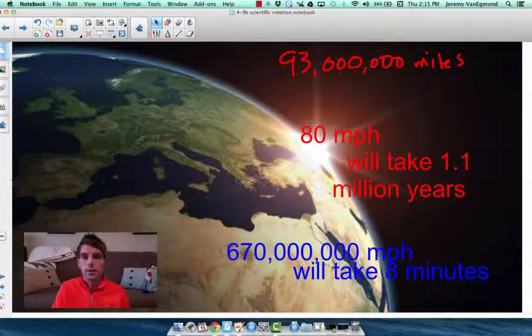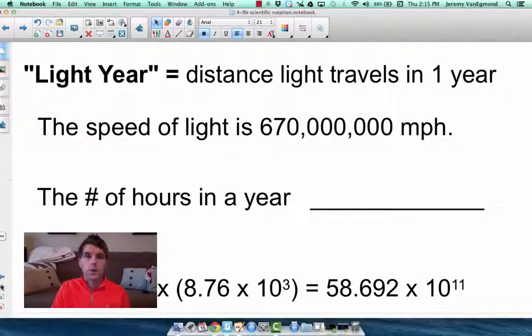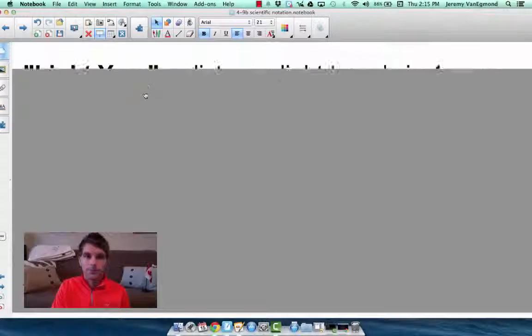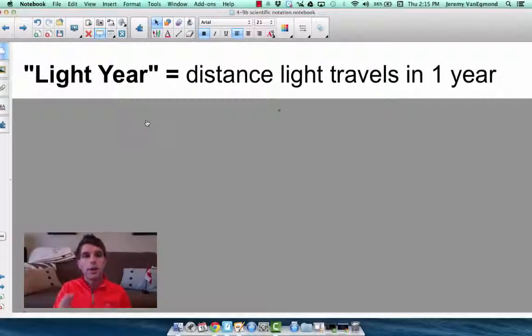Okay, understanding the speed of light is that fast, we're going to talk about the light year now. The light year is actually the distance that light can travel in a full year. Like if you were to turn on a super powerful flashlight and just see how far its light could travel for a year,